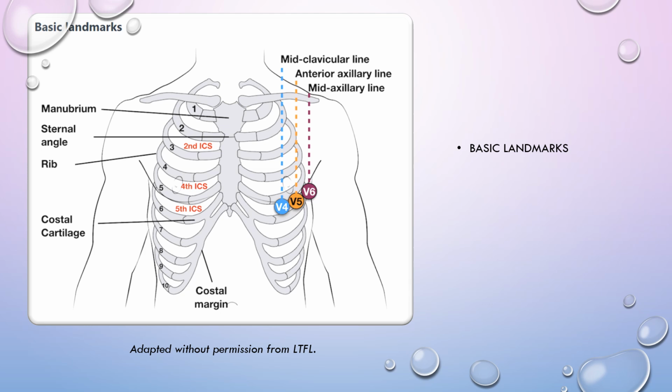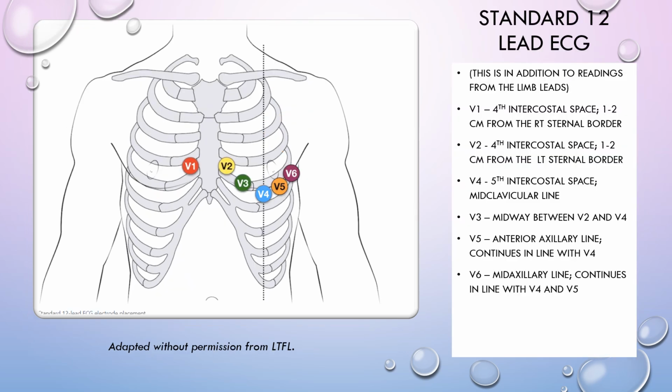The other leads, V1, V2, V3, will straddle across from the right to the left of the heart, of the anterior chest wall, as is shown here. So V1 is placed about 1 to 2 centimeters from the edge of the sternum, and it's on the right side. V2 is placed opposite of V1 on the left side, about 1 to 2 cm again from the left